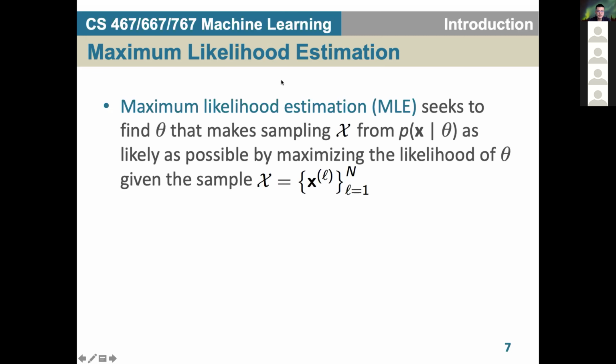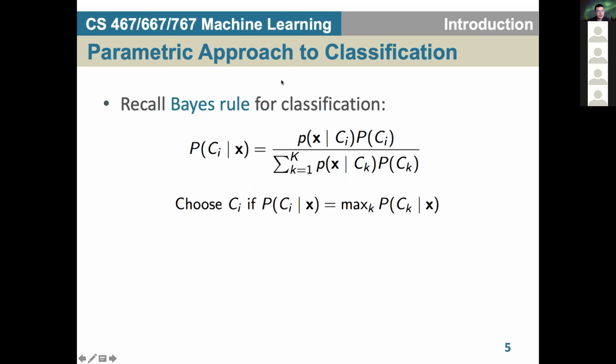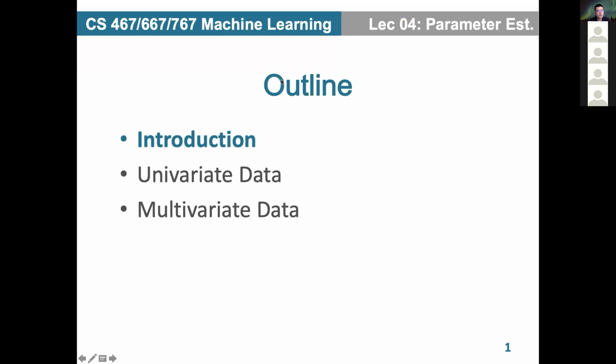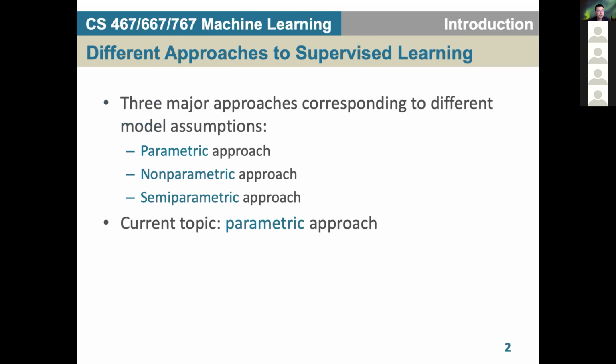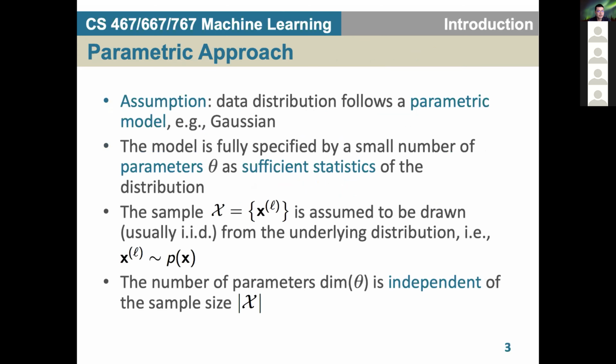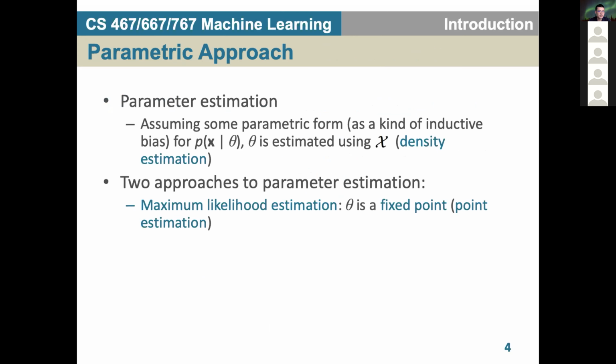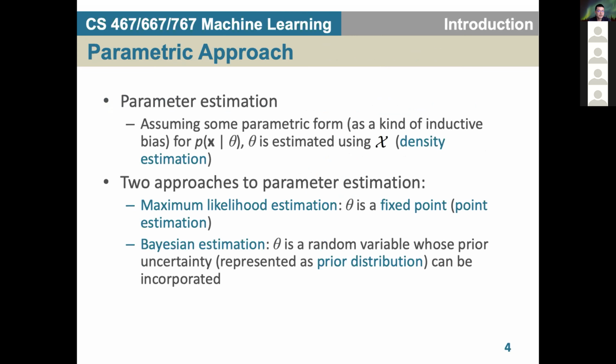Okay, last time we saw maximum likelihood estimation. Let's recap a little bit. Initially we talked about two methods for estimating a parameter. The first is called maximum likelihood estimation. The second is called Bayesian estimation. The difference is that for maximum likelihood estimation, you just look at the